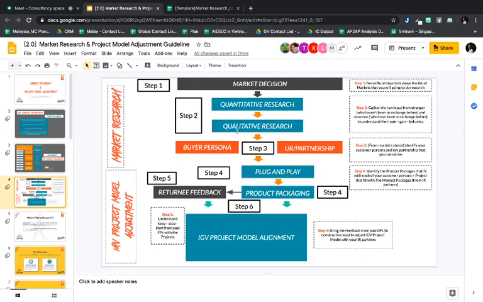The flow will be this. When we talk about market research, first of all we need to know where our market is. Market decision is for us to understand how many markets we will research, who they are, and why.